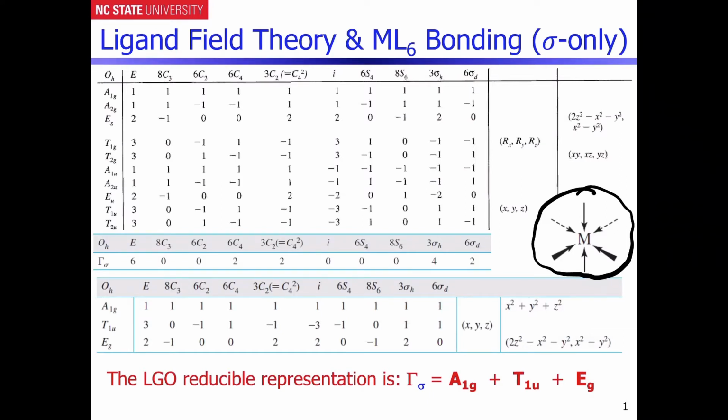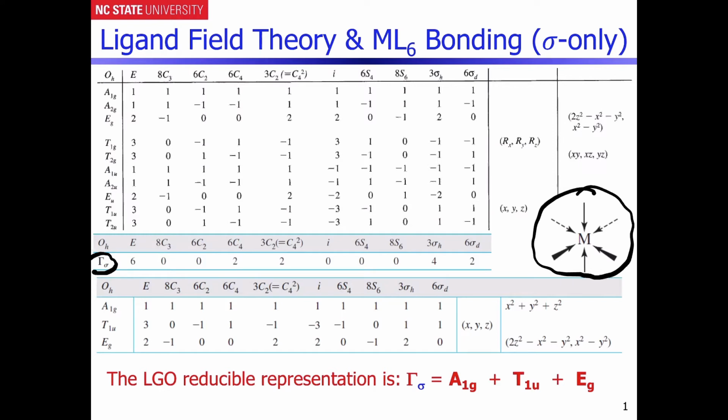And remember, the ligand is donating, or each of the ligands are donating the electron pairs to the metal that are actually making those sigma bonds in the first place. So if you simply use those six sigma bonding vectors as a basis for a representation in the octahedral point group, you will see that you generate now the sigma bonding representation. And if you work your way through all of the operations,